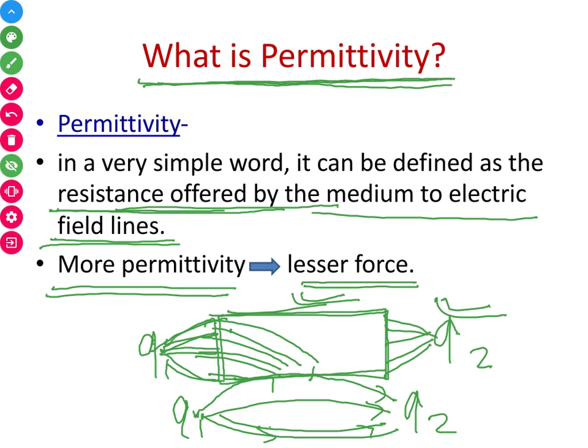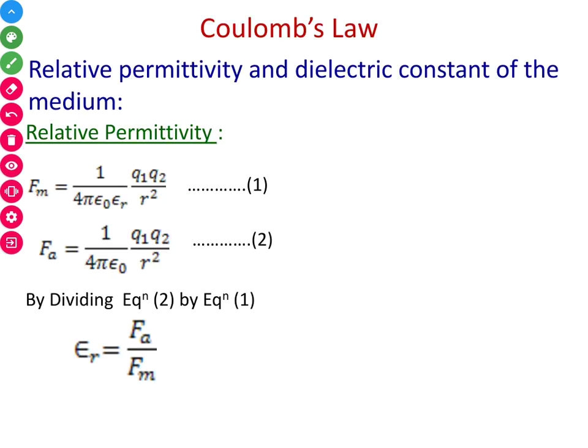So this is very important. Permittivity we can define in very simple words: it is the resistance offered by the medium. The more resistance is offered, the more is the permittivity. So this is what permittivity is. And now the Coulomb's